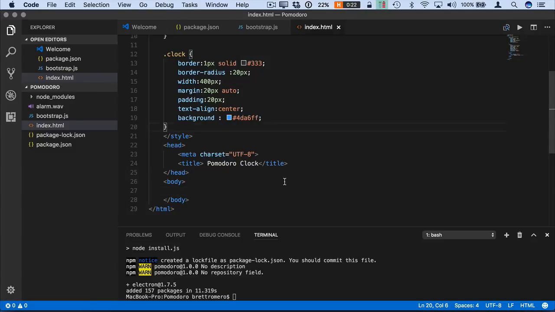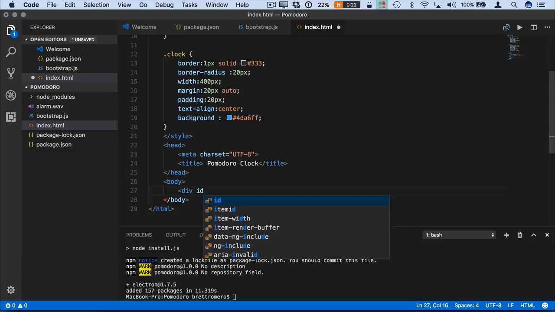We left off in our view inside of index.html, creating this styling up here. What we're going to do now is work on building out the main part of the page. And this is going to have our clocks, our drop downs with how many clocks do we want. It's going to have our break buttons in it as well, start and stop and reset. And once we have the view in place, we can actually just go ahead and see, make sure the application